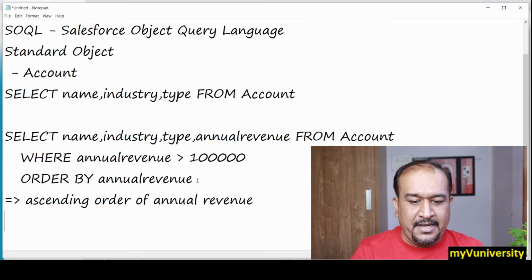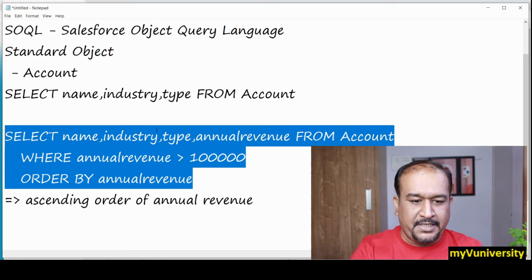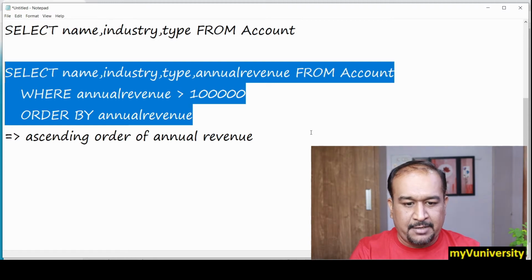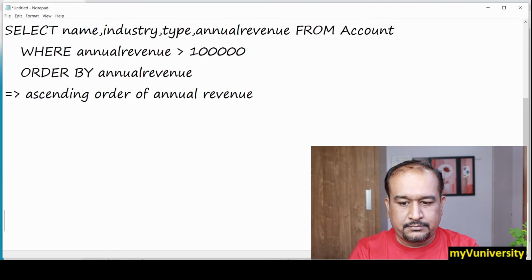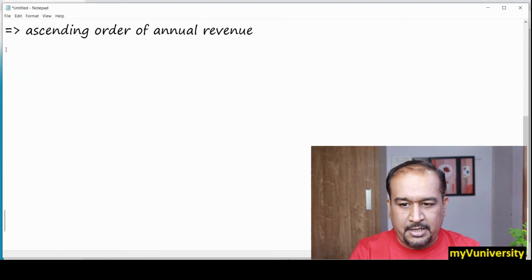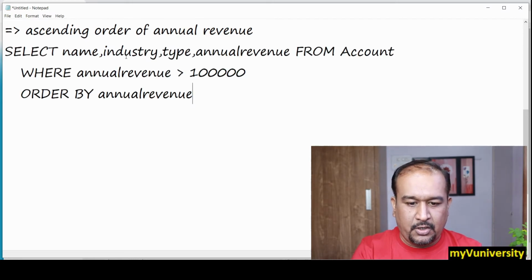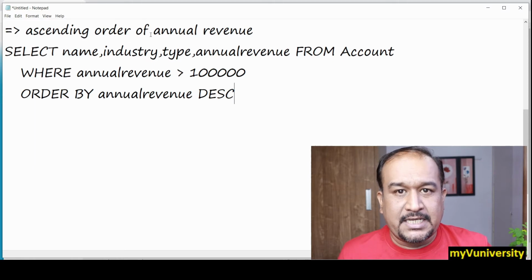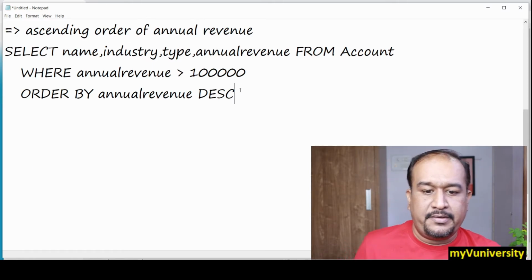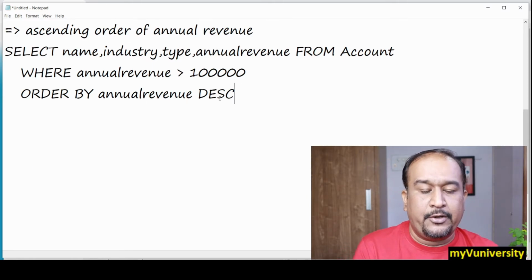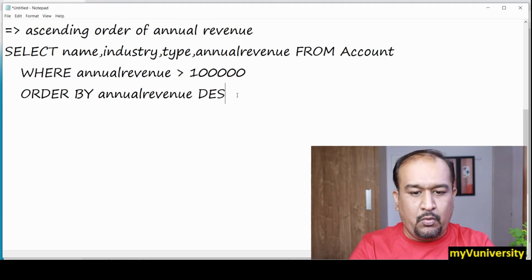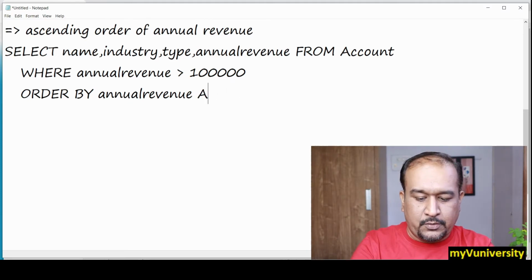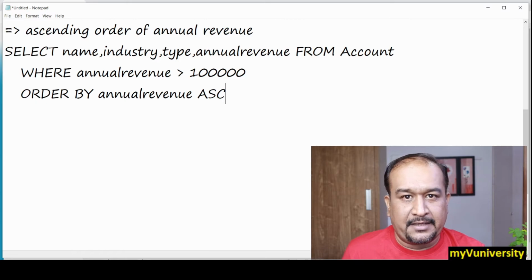If you want descending, it will be like this. Let me copy this query as it is and put it here. Okay, and I just put DESC, descending. That's what will give you descending: order by annual revenue descending. If you want ascending, either you skip it or you just put ascending like that.